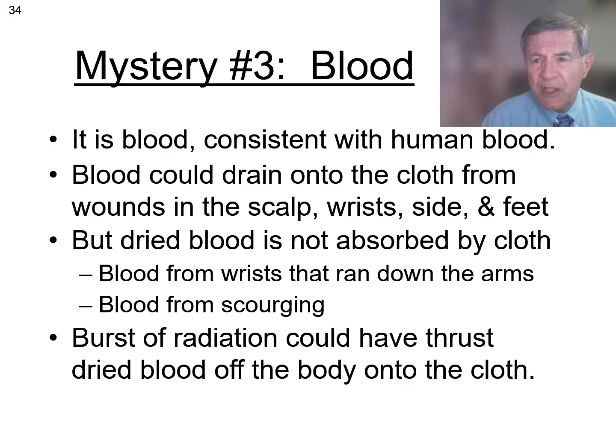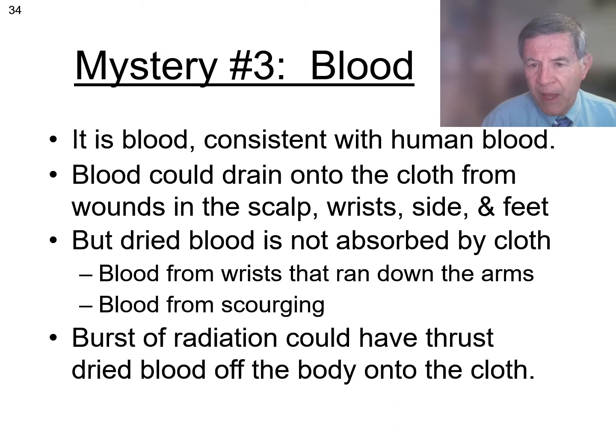But the mystery is the blood that would have dried on the body, such as blood that ran down the arms from the wrist wounds and the blood from the scourging. Since dried blood does not soak into cloth, why is the blood that would have dried on the body now on the cloth? The answer is that the burst of radiation from the body that formed the images and shifted the carbon dates, if it was sufficiently brief and sufficiently intense, could have thrust the dried blood off the body